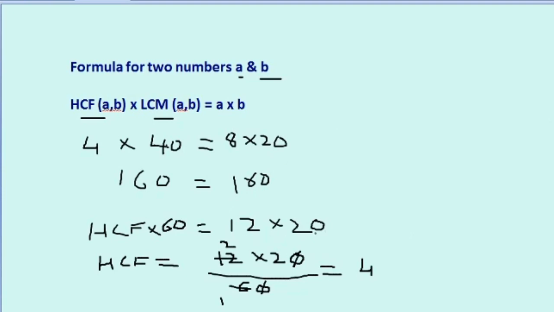We can check it. Both the numbers can be divided by 1. Then both the numbers can be divided by 2. Both the numbers can be divided by 4 also. After that 6 divides 12 but it doesn't divide 20. Okay. 8 divides, no. Both the numbers it cannot divide. So HCF will be 4. See how easily we were able to find the answers. Hope that you have understood what is LCM and HCF and you have also understood the shortcut trick and the formula when there are two numbers.